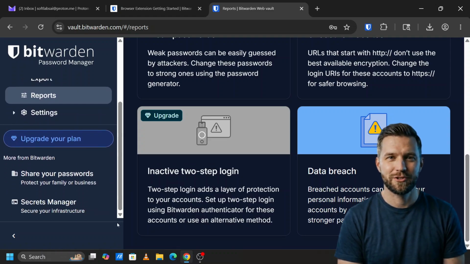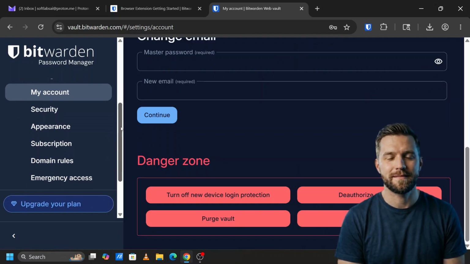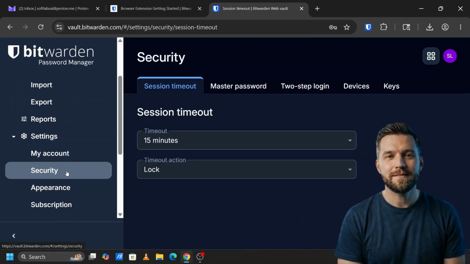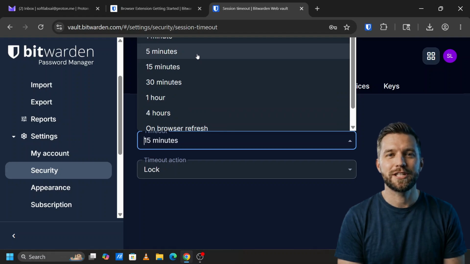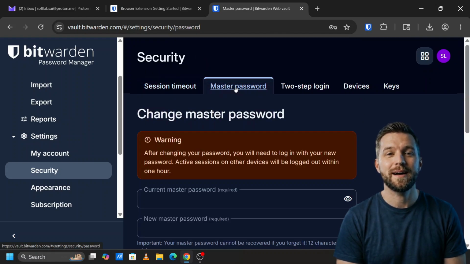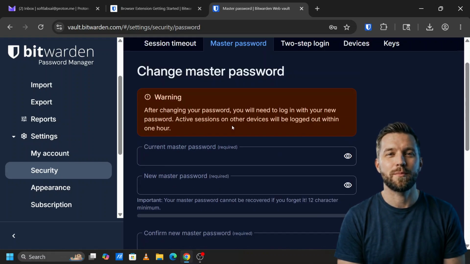And now let's go to Settings and increase the security of your Bitwarden account. For this, go to the Security section under Settings. And here, under Session Timeout, make sure that the session timeout value is set to 5 minutes instead of 15 minutes. And now, here you can choose to change your master password if you feel it is easily guessable or needs to be changed in the future. But since my master password is very strong, I will leave this option